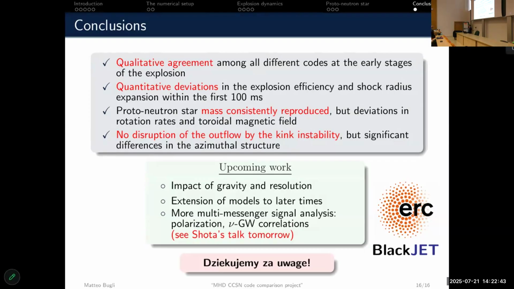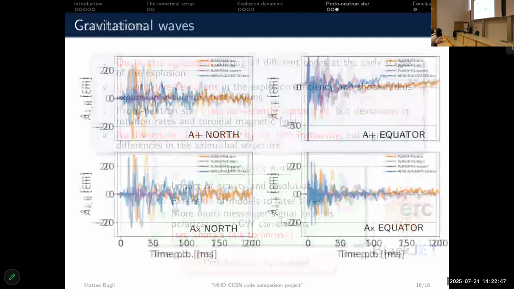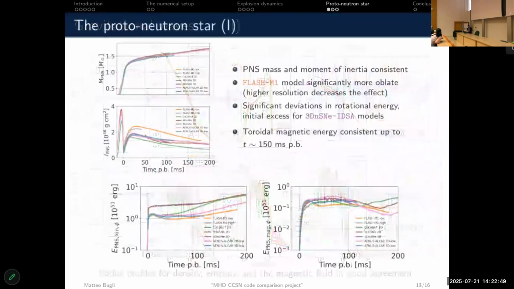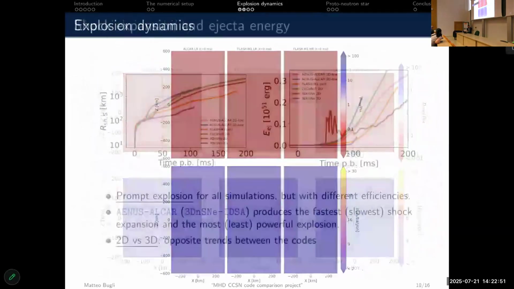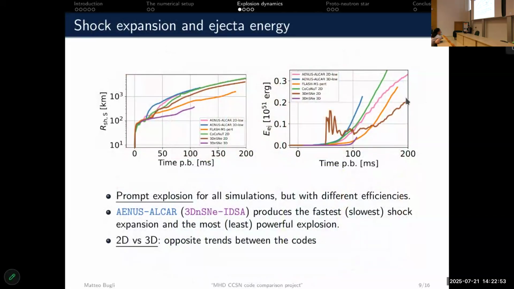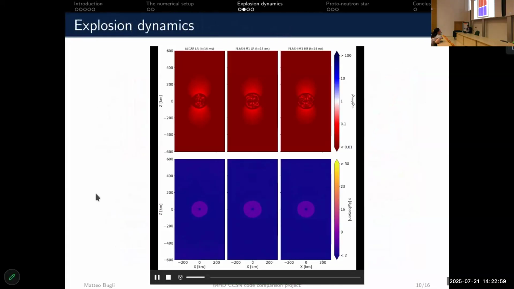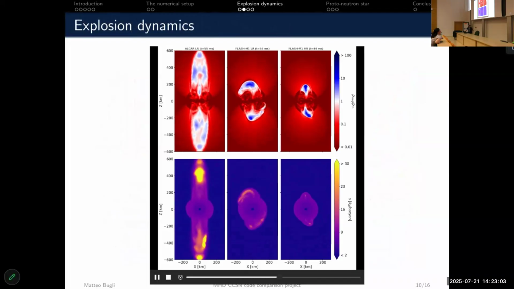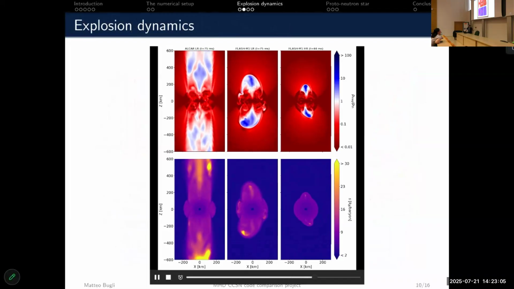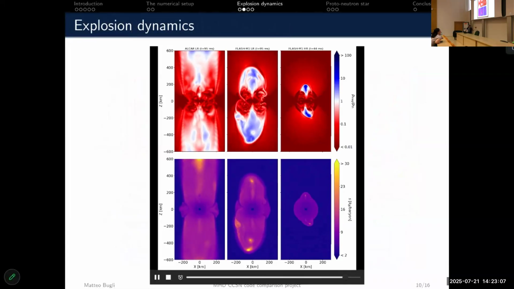Thank you, Matteo. For FLASH, when you plot the explosion energy for FLASH M1, it seemed to rise and then fall and then rise again in the first 100 milliseconds. And when you play the movie of the jet formation, it seems like there's some fallback of the jet, and you mentioned it's a bit more oblate. I'm guessing those are related. Is FLASH a Cartesian code here? Okay, that might be why then.